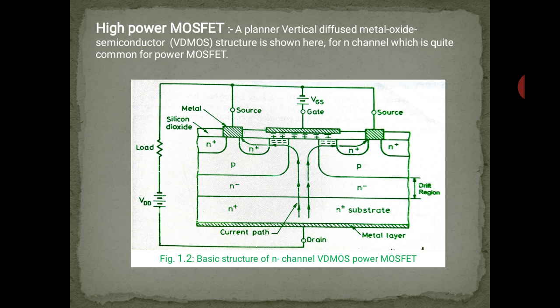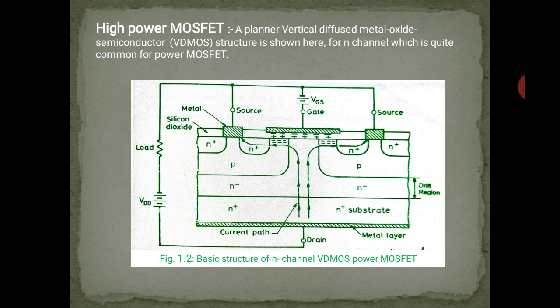On the other side of the N+ substrate, a metal layer is deposited to form the drain terminal. Now P regions are diffused in the epitaxially grown N- layer. Further N+ regions are diffused in the P region. As before, a SiO2 layer is added, which is then etched to fit metallic source and gate terminals. A power MOSFET actually consists of a parallel connection of thousands of basic MOSFET cells on the same single chip